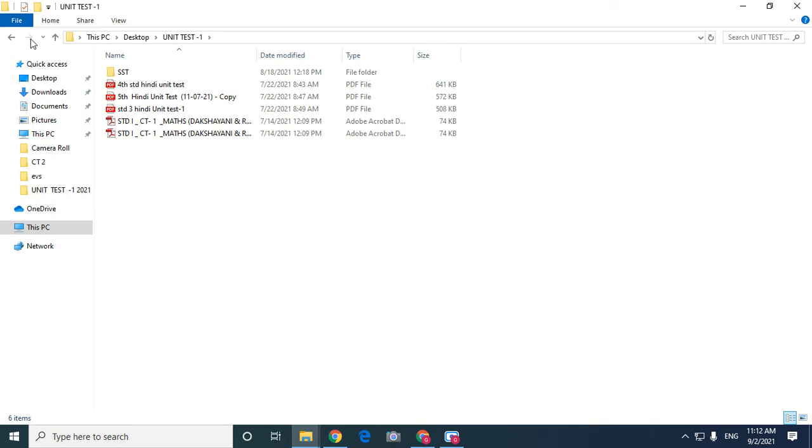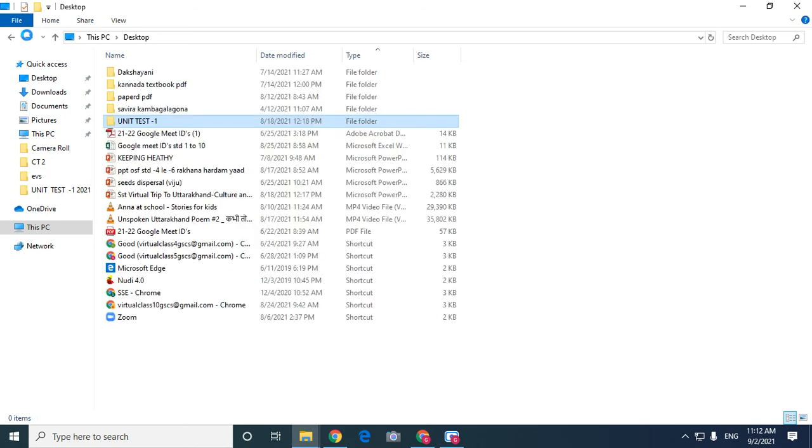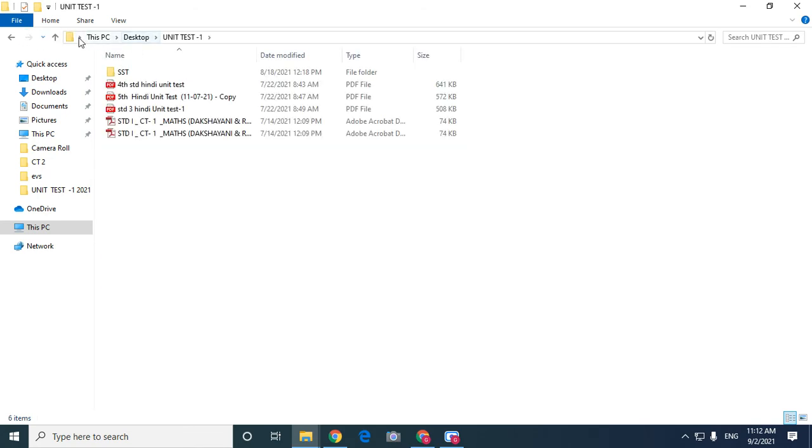Then again, if you want to see previously used folders, you can use this back button, and this is the forward button. Now, what is the address bar? Whichever folder you are opening, that particular folder will open. So if you click on unit test, this is the quick access which will be displayed on this address bar.